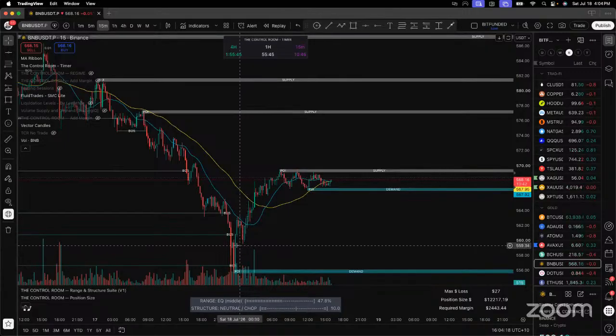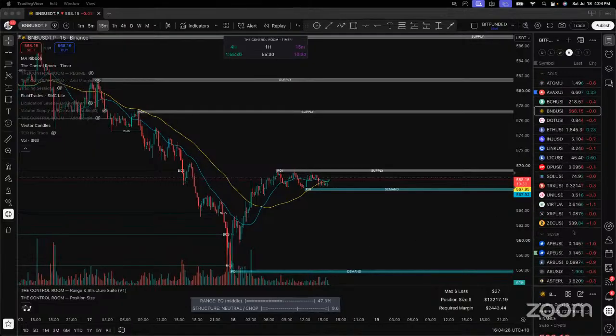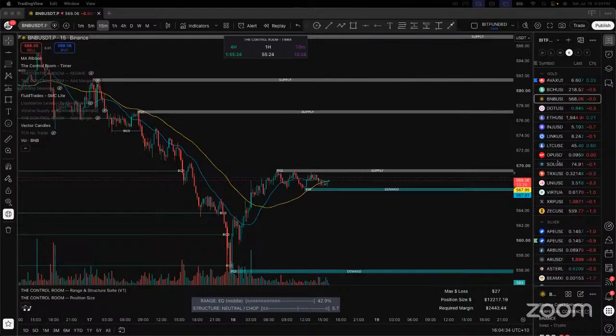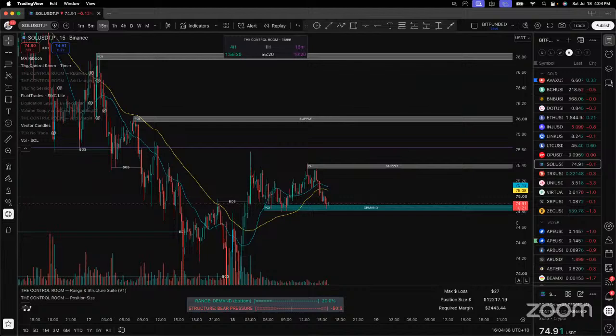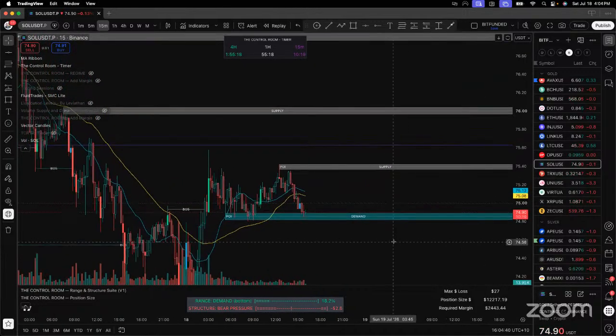559.22. There. So that candle there, I can add to that now. I want to see that breaker structure up, so we'll have that one ready to go. Let's see what Solana's doing. And we got an add on Solana. Ooh, very nice. No displacement yet. You could take a scout entry there.